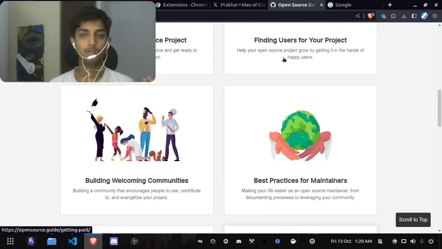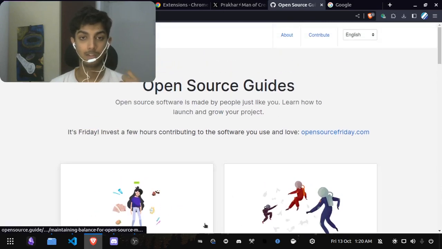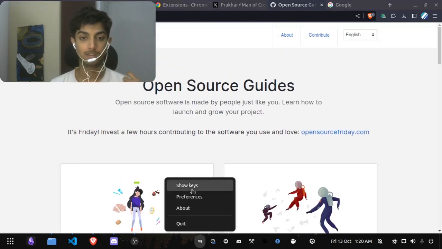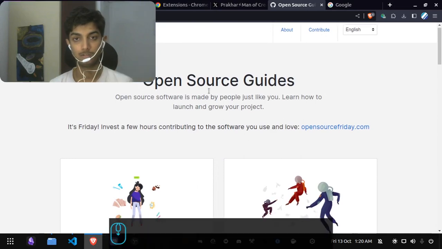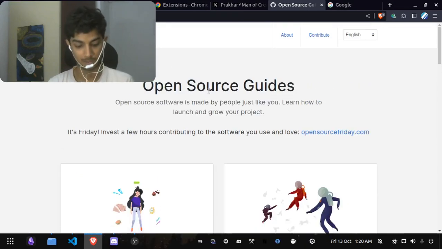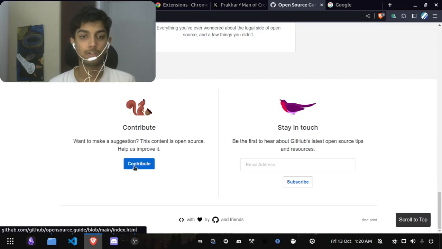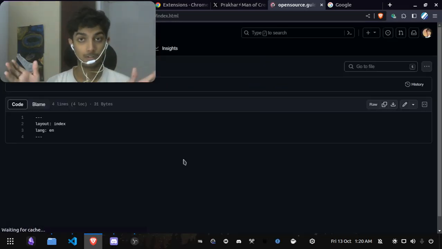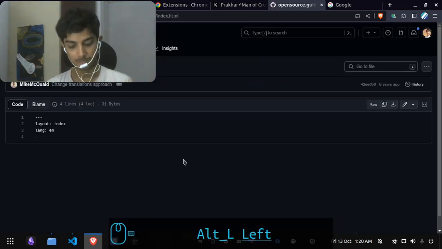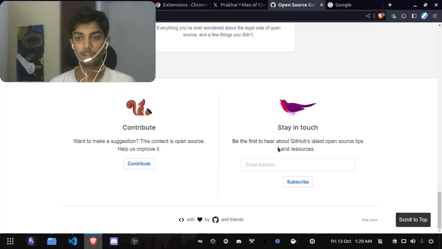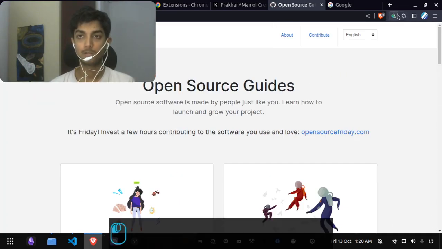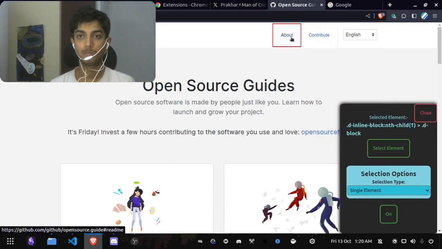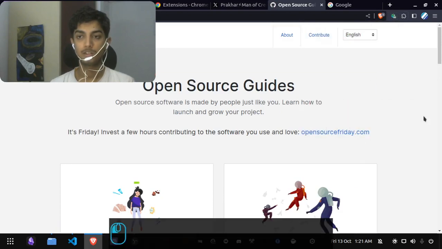So now if I press C, what happens? Let me enable this show key button so that I can show you that I'm pressing C. So I'm going to press the C button. It will automatically click on this contribute button. I'm pressing C and it clicks on the contribute button. Let me do this with another element. So this time let us do it with this about element. So this about page, where does it